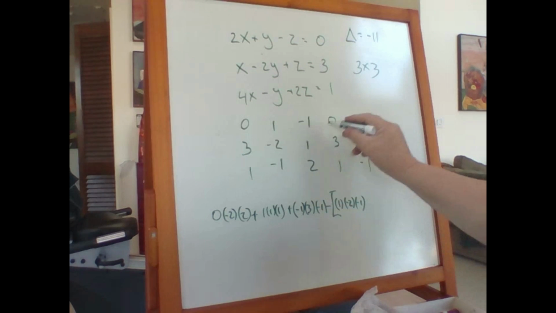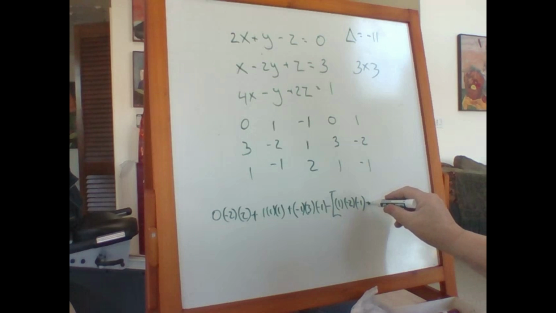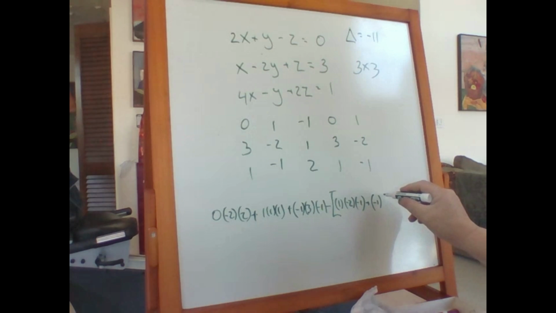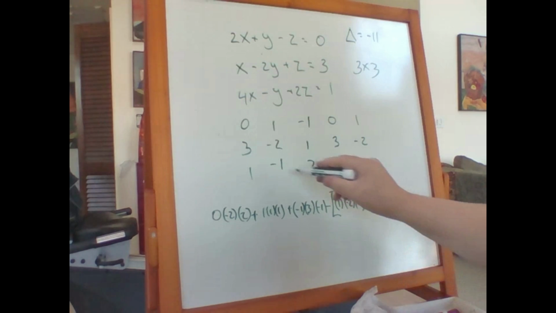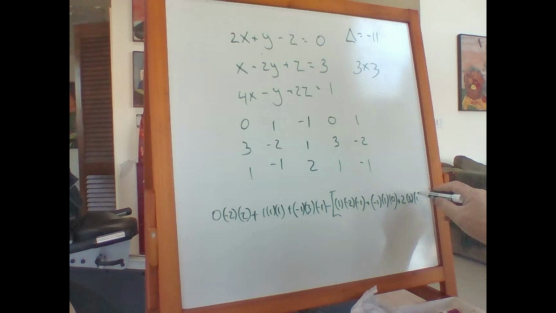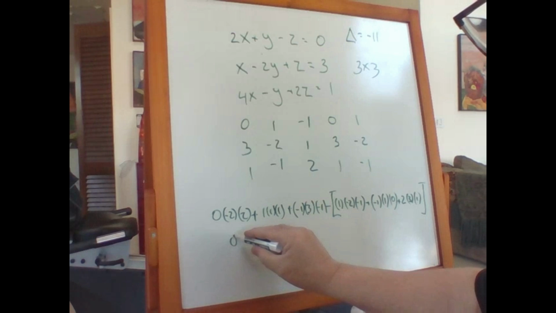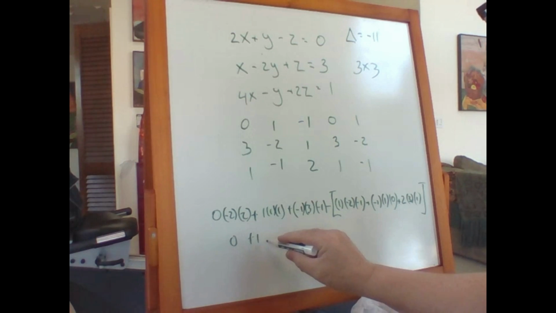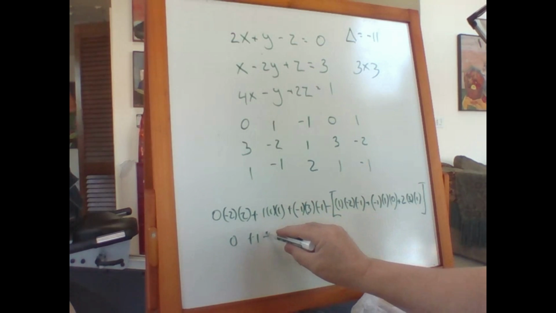And then this diagonal plus minus 1 times 1 times 0, and then this one plus 2 times 3 times 1. Okay, so we got 0 plus 1 plus 3